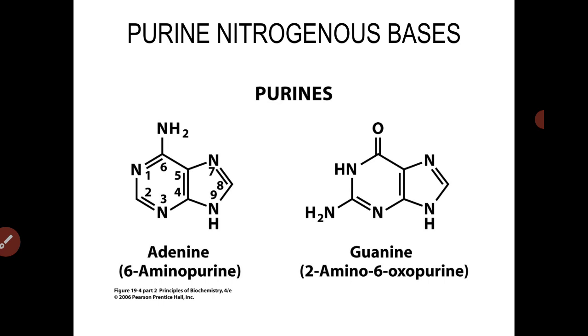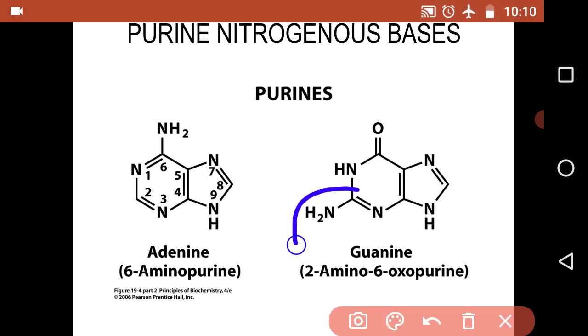Now we'll see how guanine is catabolized into uric acid. Guanine is 2-amino 6-oxopurine. For conversion of guanine into uric acid, the amino group at the second position has to be replaced by oxo group, and guanine has to be oxidized at the 8th position to form trioxopurine or uric acid.